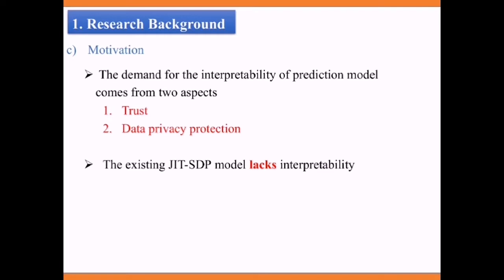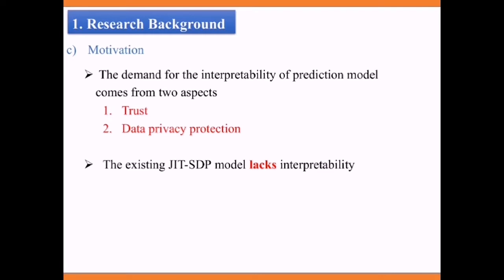In the research of JIT-SDP, the need for interpretability of the prediction model mainly comes from 2 aspects. First is the lack of trust. Developers may ask, why is the code change I submitted predicted to be buggy? In a software analysis system, if the prediction model cannot provide an explanation for the prediction results, the developer may not be able to believe the prediction results of the model, which will hinder the application of the JIT-SDP model